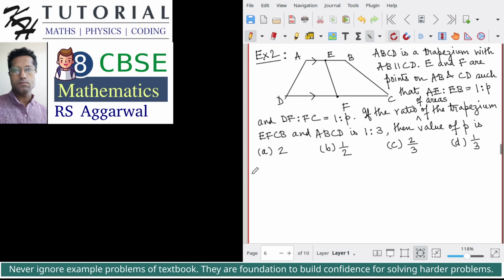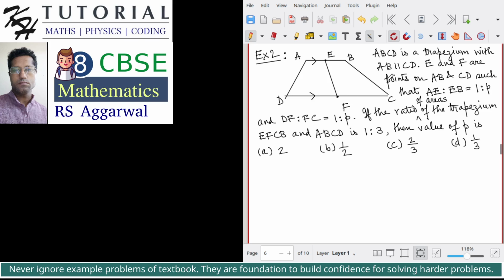Okay, so E and F are points on AB and DC. We can clearly see that the ratio of the trapezium EFCB is given, so we have to consider the area of the trapezium EFCB. Since ABCD is a trapezium where AB is parallel to DC, and E and F are points on AB and DC, obviously EFCB will also be a trapezium where EB is parallel to FC. Okay, and also see that